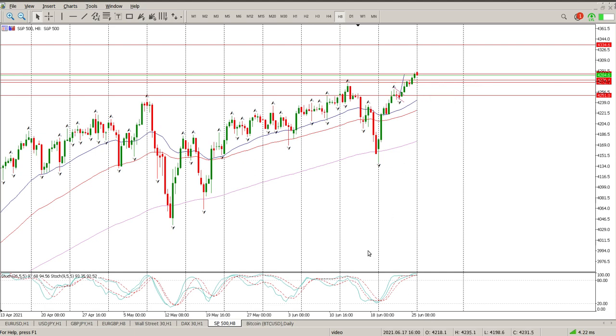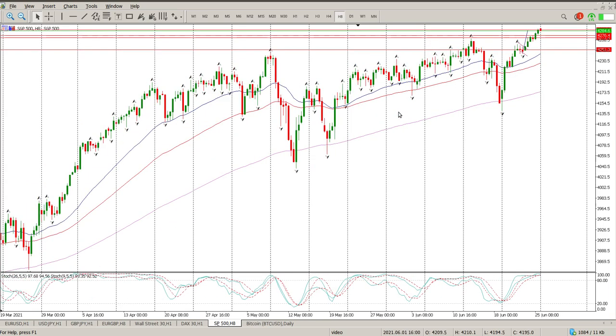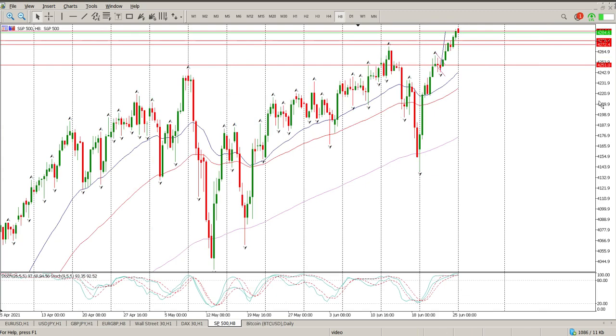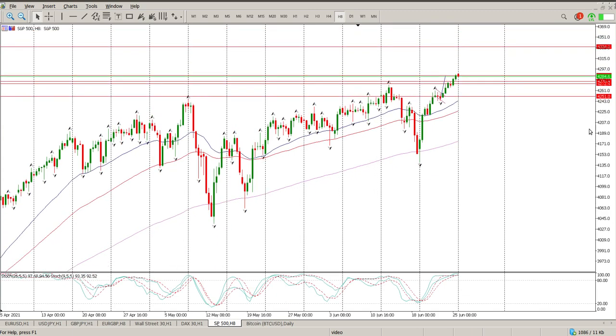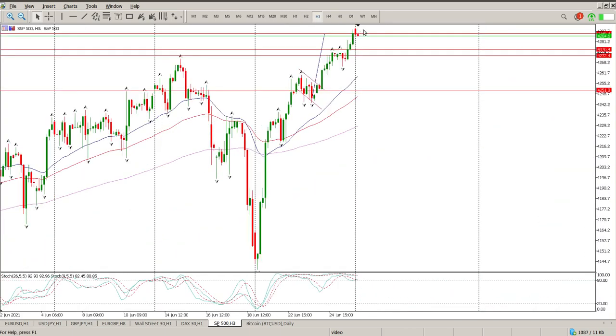So a couple of concerns at the moment. The first one is that the oscillators are seriously gripping the upside on the 8 hour. Now bear in mind, they can stay like that forever. Trend is up. There's no reason to be looking at anything else at the moment on the 8 hour. You're looking to buy. Any pullback is to be bought, and that's pretty much what's happening. So if we start moving down to the levels that we can trade,